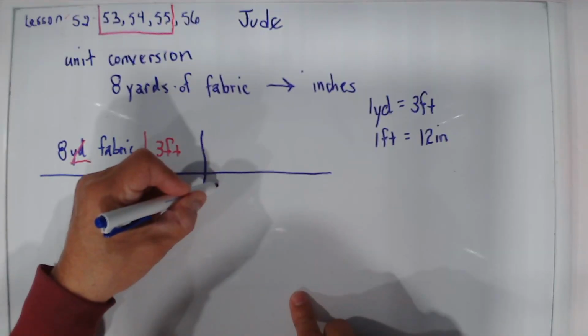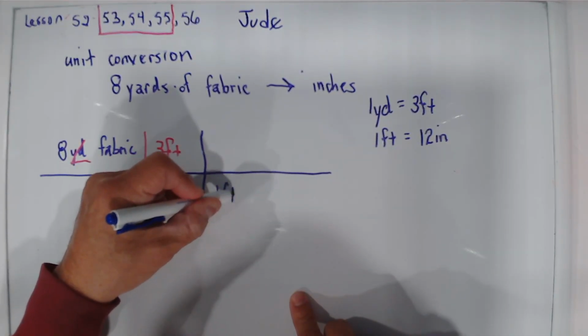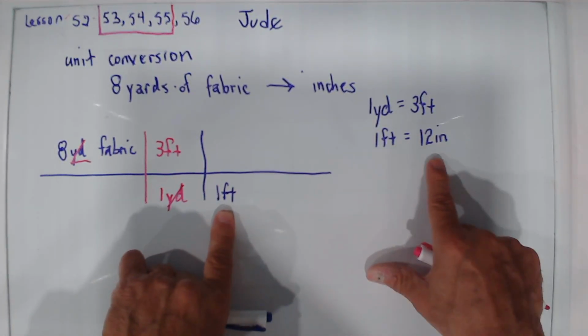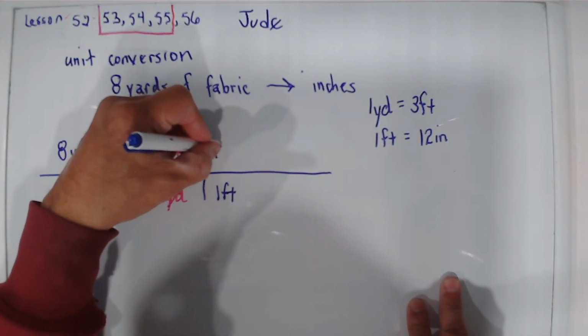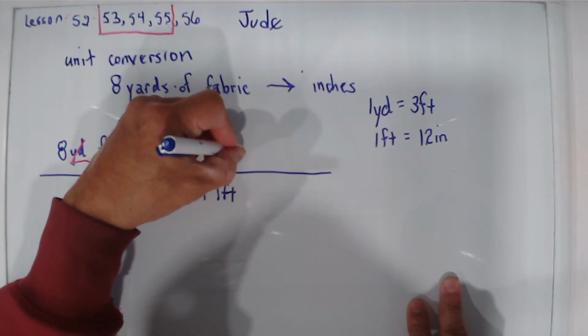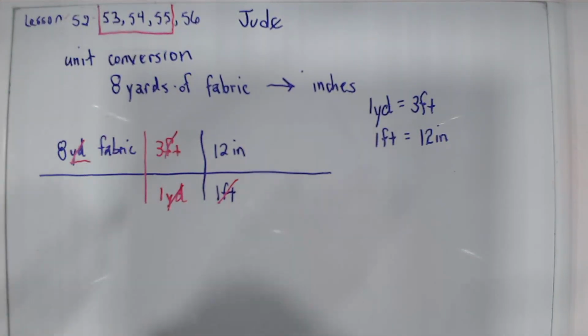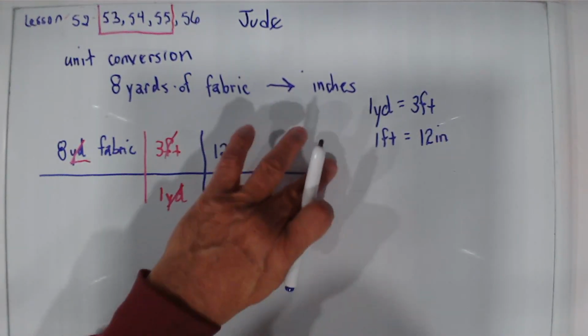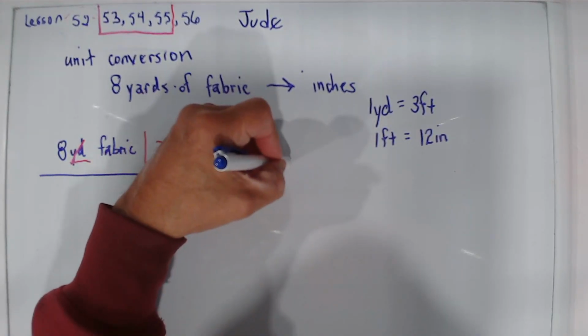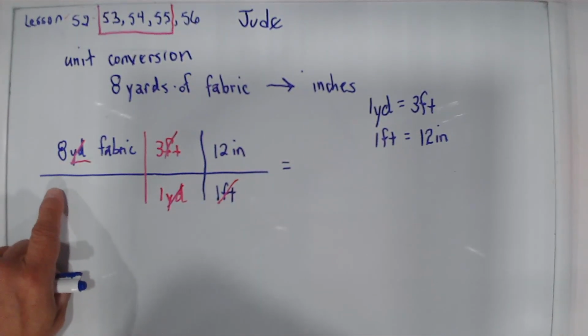So I'm going to put 1 foot on the bottom. And what is my conversion? Oh, that's going to be 12 inches. So I put 12 inches on top. And now I have feet cancel out. And our conversion will end up giving us